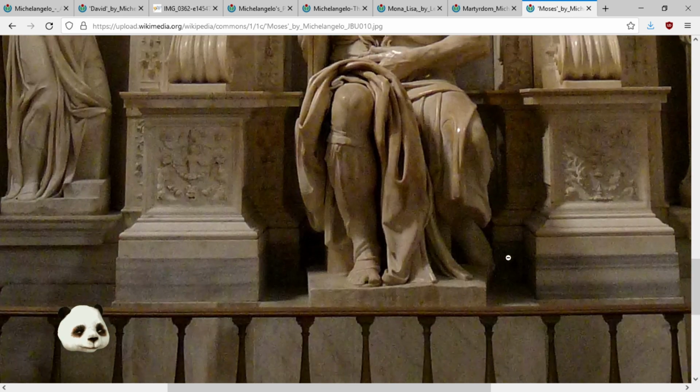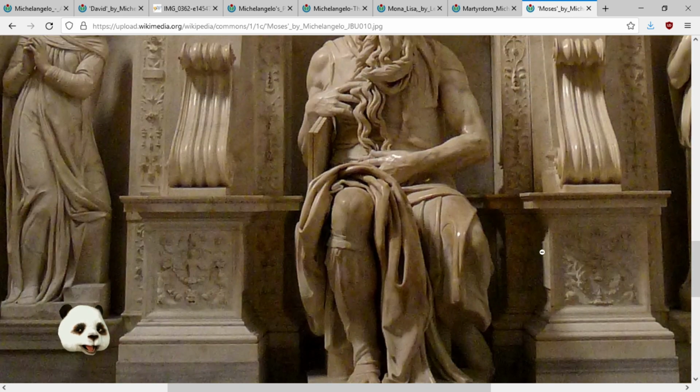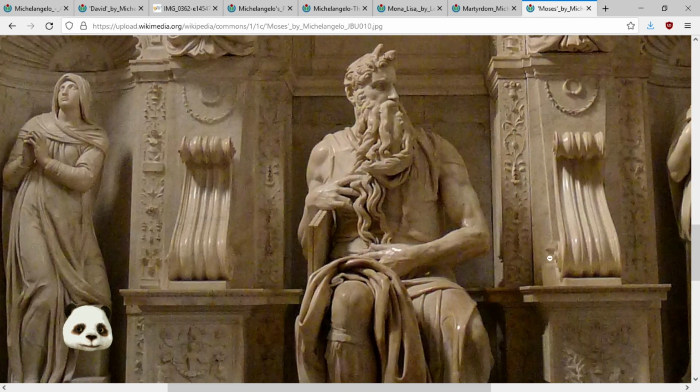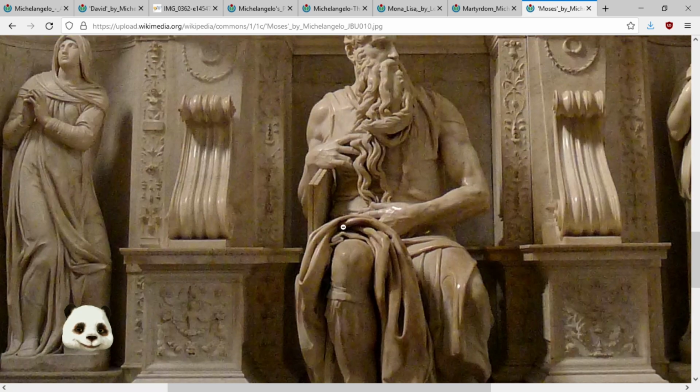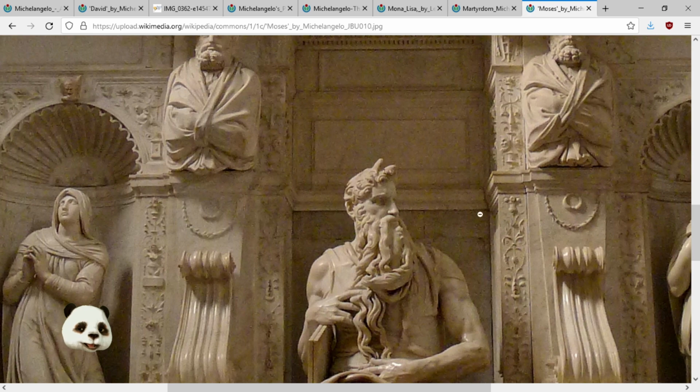And again, he's in a sitting posture, but he's still creating a lot of momentum based on the position of the feet, the uncomfortable position of the hands, and he's always tense as well, always looking towards something, gazing. So he's kind of ready to get up. So you have that idea of